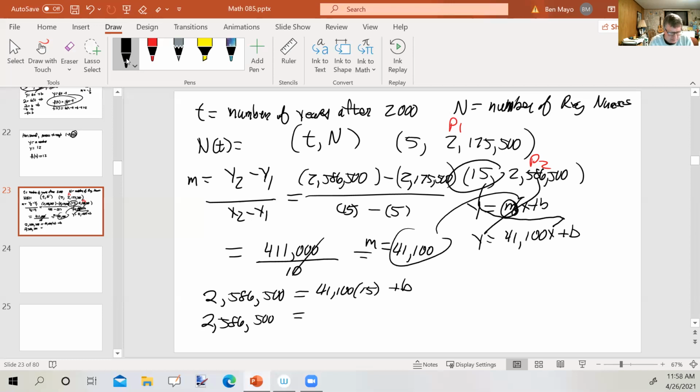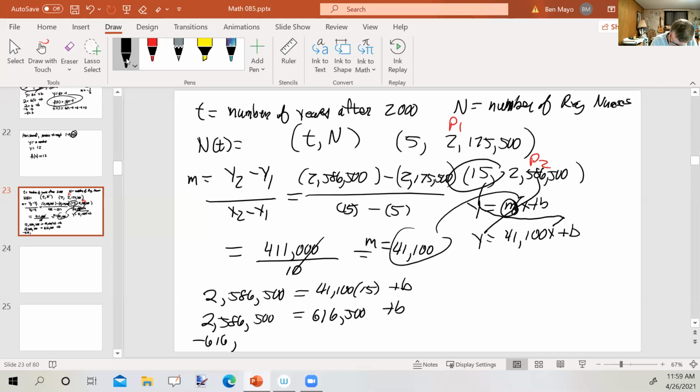If I take 41,100 times 15, I get 616,500 plus b. Subtract 616,500 from both sides, and we get